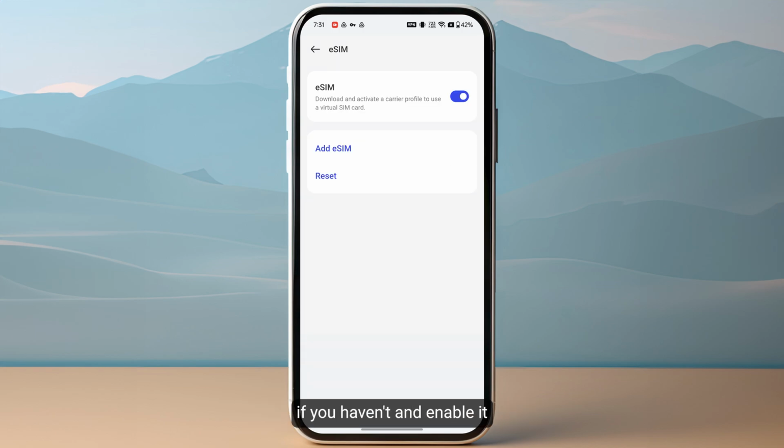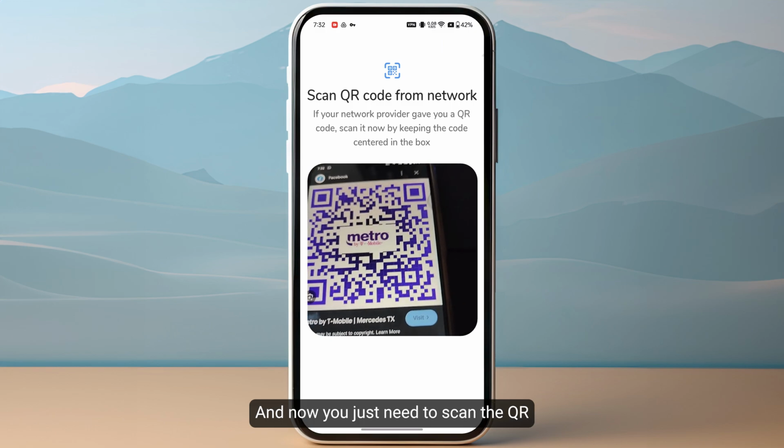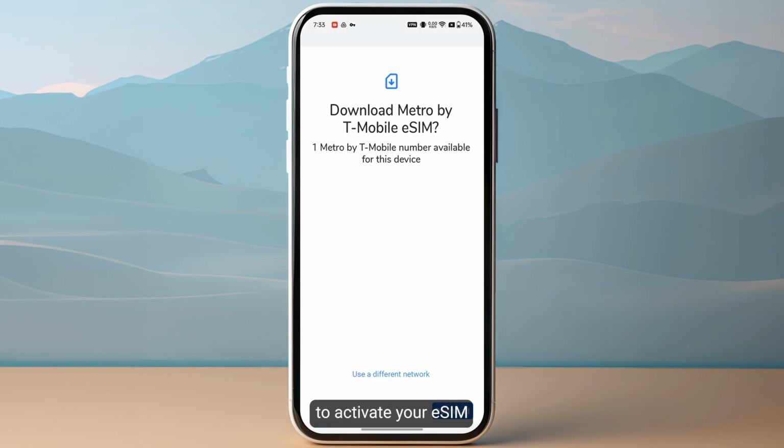Make sure to enable it if you haven't enabled it, and then tap on this add eSIM. Now make sure to click on next on the bottom right, and now you just need to scan the QR code that you have received from your Metro mobile. Now click on download on the bottom right of your screen, and it might take a few minutes to activate your